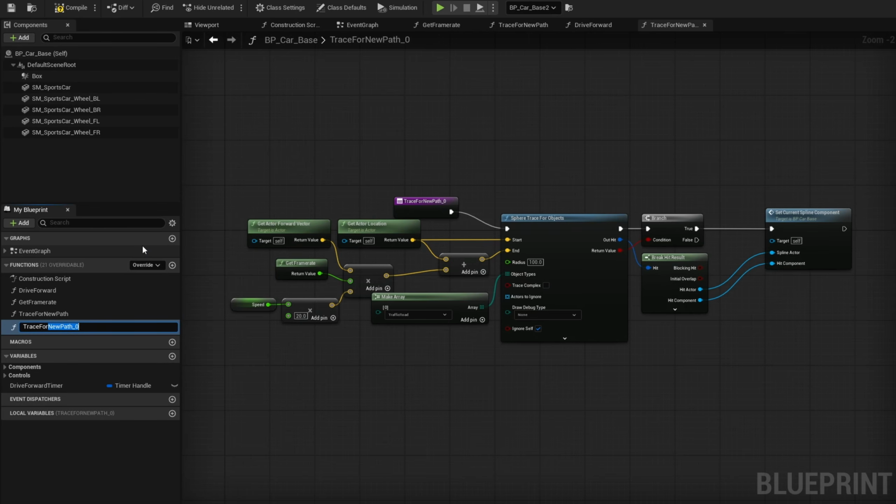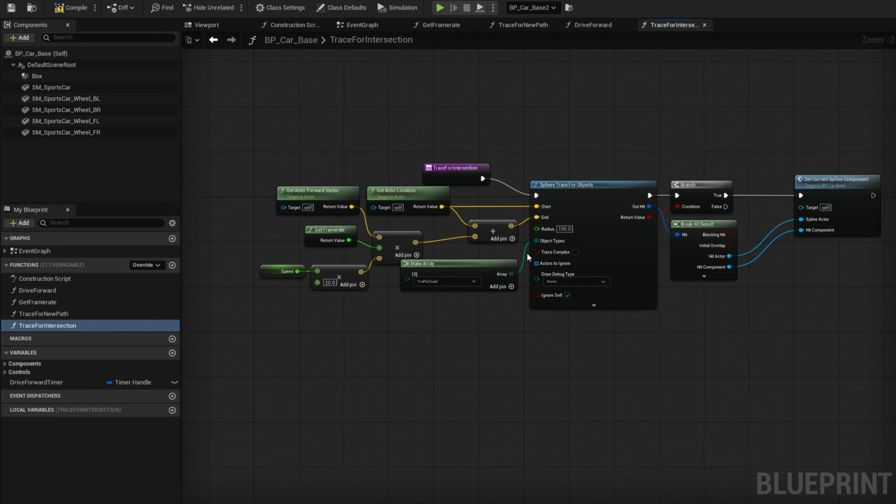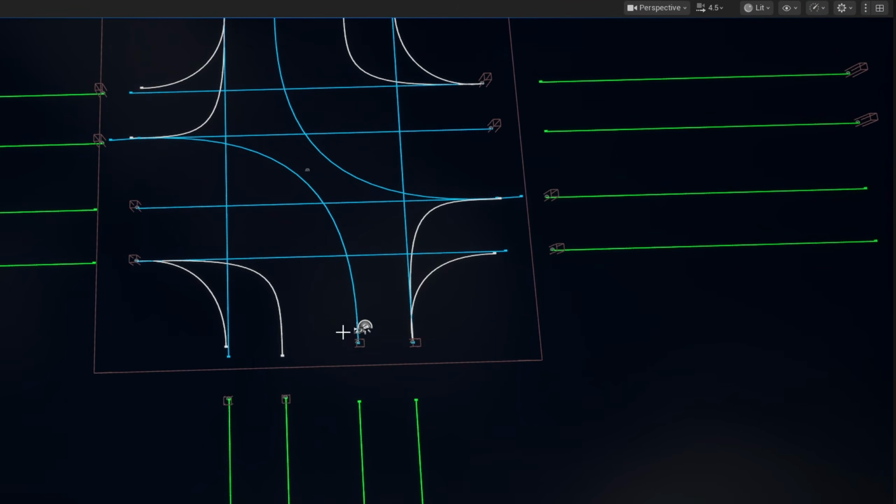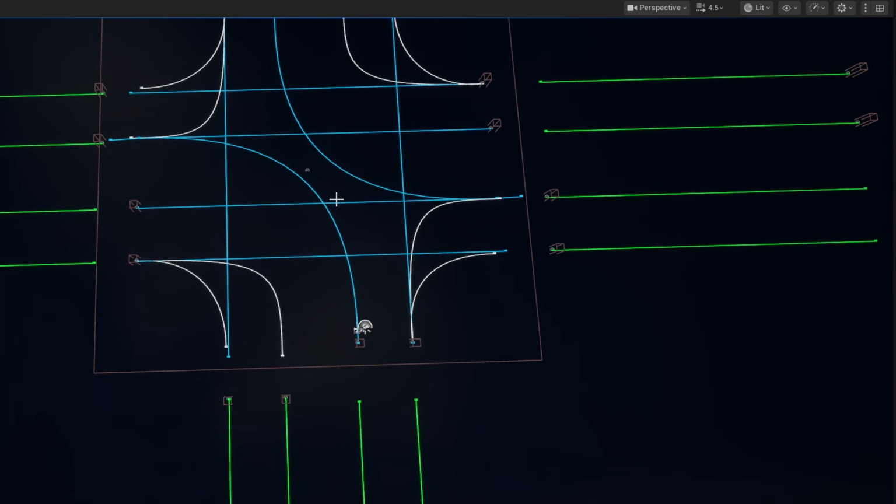I'm going to rename it to trace for intersection because there are a few things we need to change on this intersection one. Unlike when we're normally driving and we just need to trace forward, when we're following a spline, I wanted to check the position ahead on the spline. Because otherwise you might run into a position where for some reason you have one line intersecting the other and there's another point, let's say here,